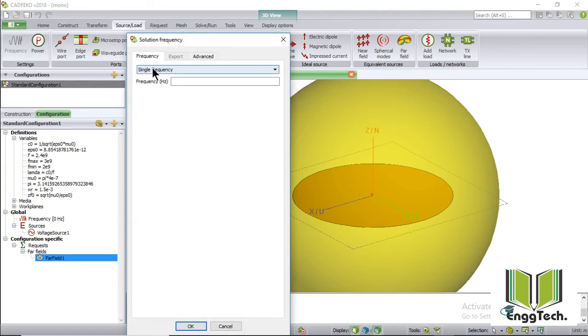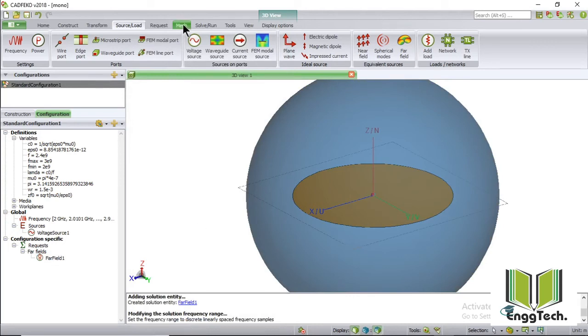I will add the range of the frequency. So I will select linearly spaced discrete points. My start frequency will be F minimum, which is 2 GHz. My end frequency will be F maximum, which is 3 GHz, and number of frequencies will be 100, and say OK.